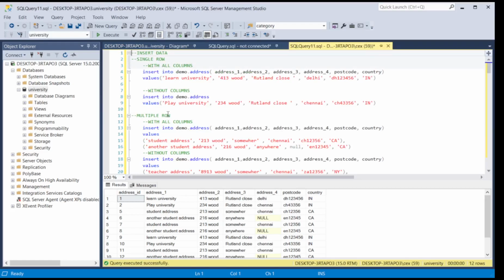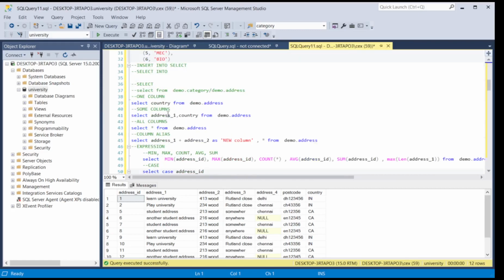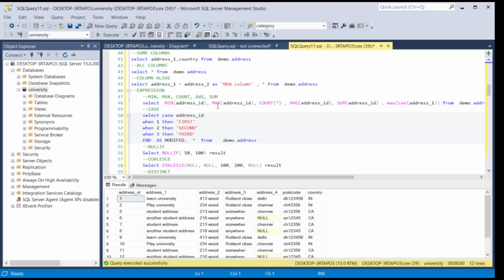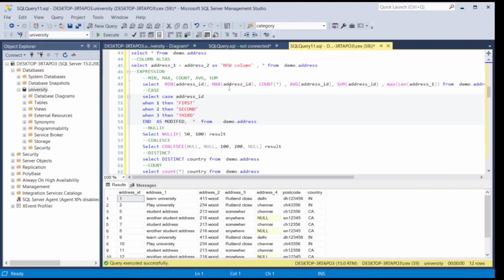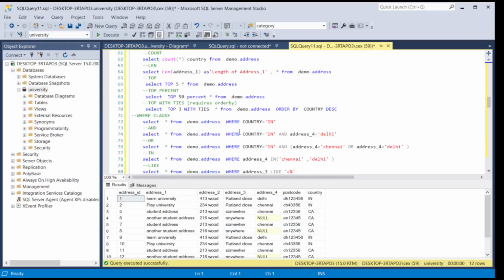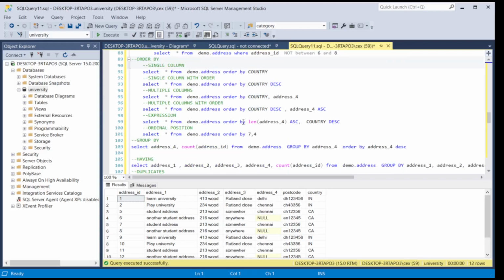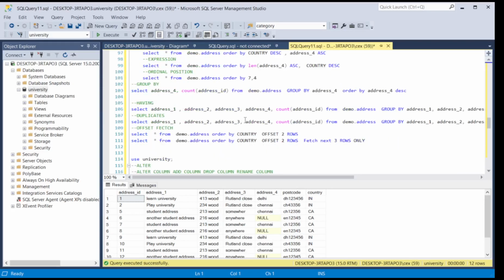We have also seen how we can use insert queries in order to insert the data by specifying columns or without specifying columns, by adding single rows or multiple rows. And also how we can use select queries in order to retrieve one or more columns, specific columns or all columns, or using column aliases or expressions. We have also discussed min, max, count, average, sum, case, nullif, distinct, count, length, top, percentage, and the where clause. We have also seen order by and how to use it with other combinations, and group by, having,